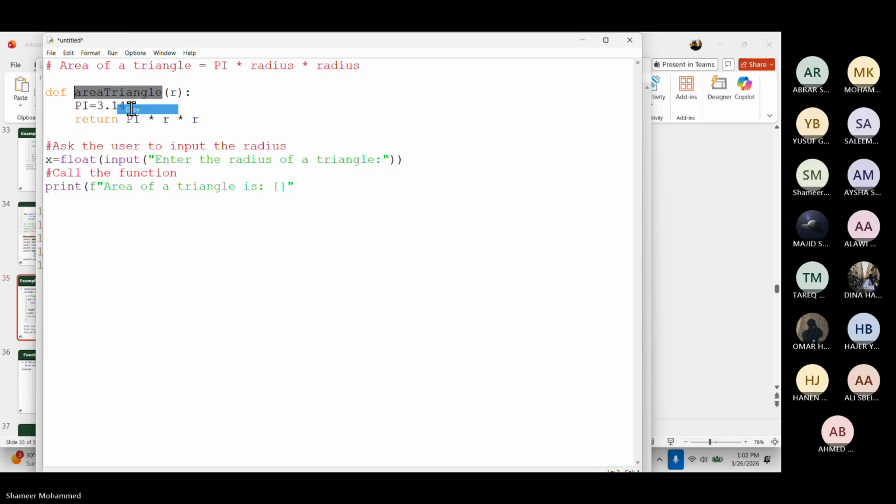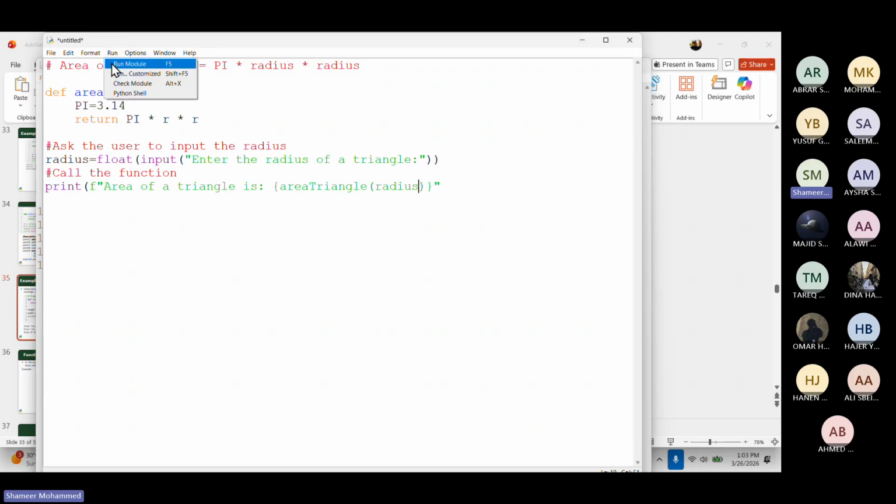Copy, paste. I pass x. x is what? Radius, or you say here radius. Any variable name you can take. Okay. Plus now it will print you the answer. Okay. So